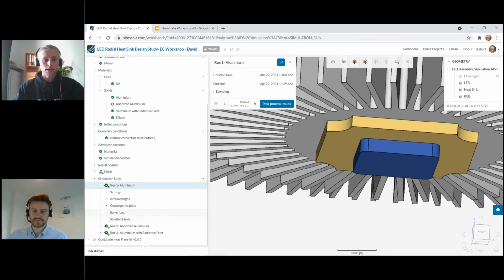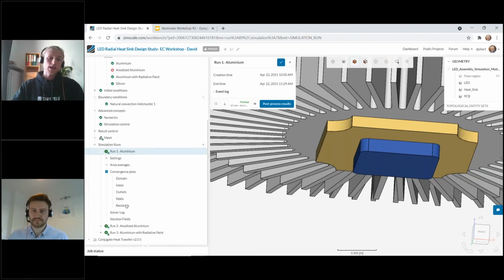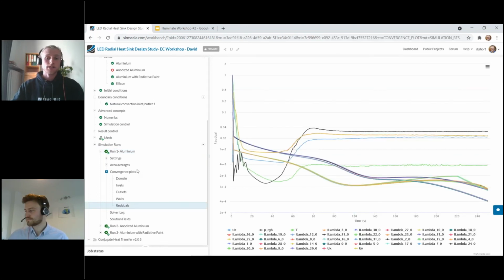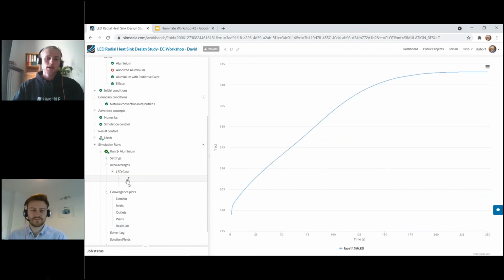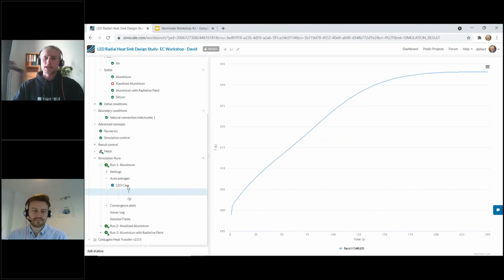Firstly, you've got, for example, the residuals themselves. So these are the more sort of mathematical measures of convergence, and you get plots of your residuals generated out during the simulation. But what's maybe more important is to actually look at physical values. So here, what I've actually done in these simulations is added a result control, because I always like to check that my simulations are really converging, so that the physical temperature of the LED has stabilized. So that's really important